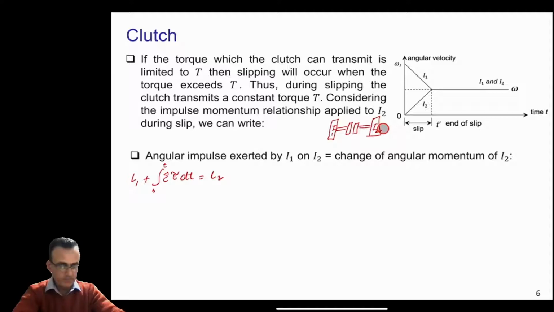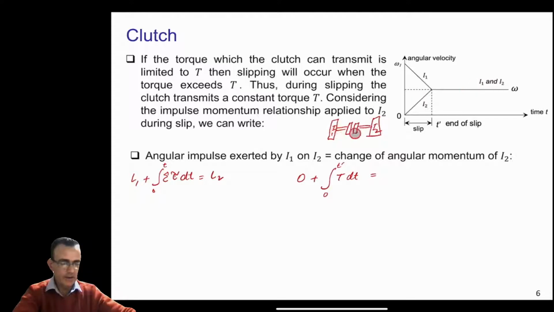Because the initial velocity was 0, if we engage the clutch, the torque that we can transmit is just T, and this is applied from 0 to T dash, because during this time there was slipping. This was the torque that you are applying on I2 here. So you will say that the integral of T dt is equal to